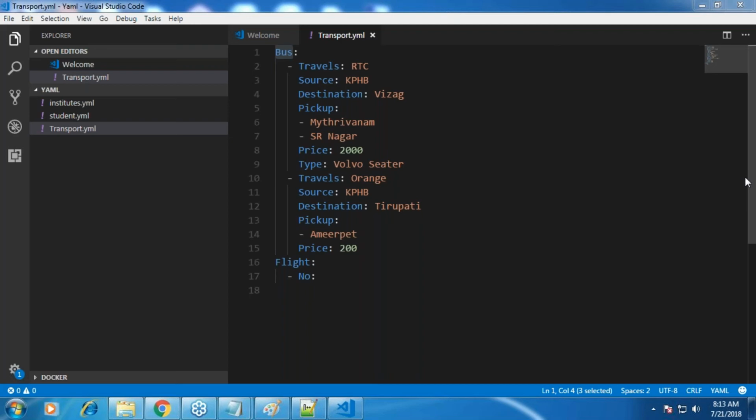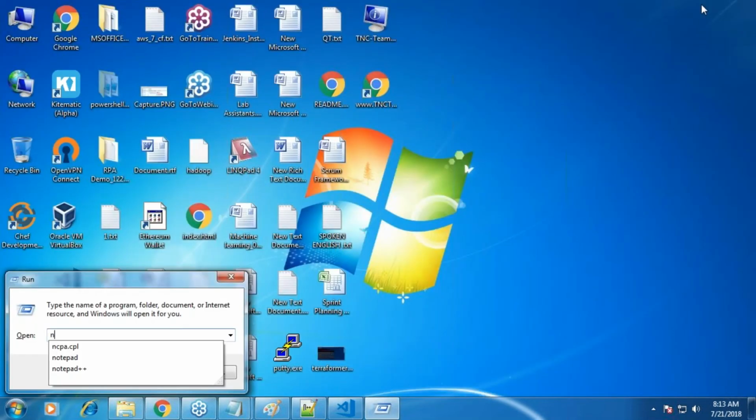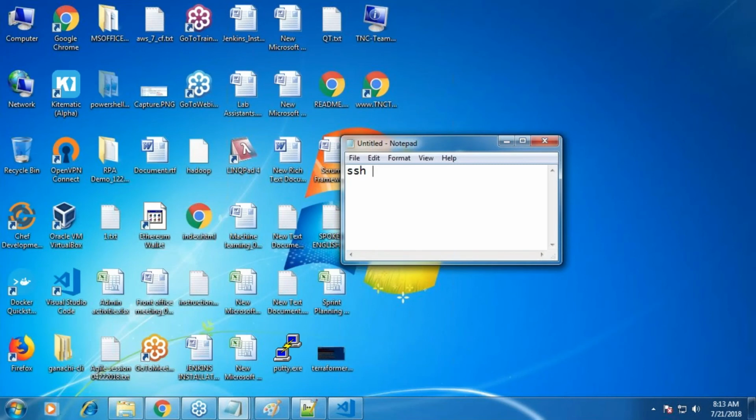Okay. So before we try our last YAML file, there are certain softwares which we need to install before our next class, right? First thing is we need to log in to Linux machines. For logging in to Linux machines, we need some SSH clients.